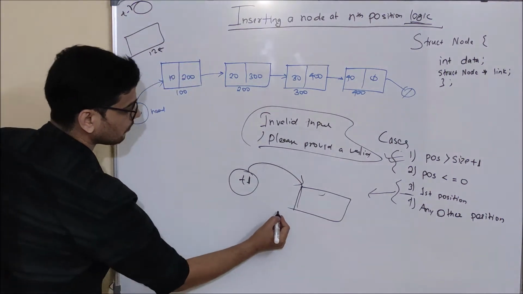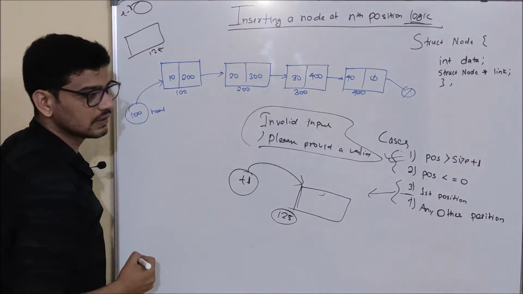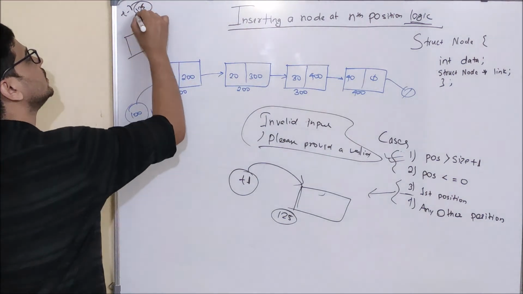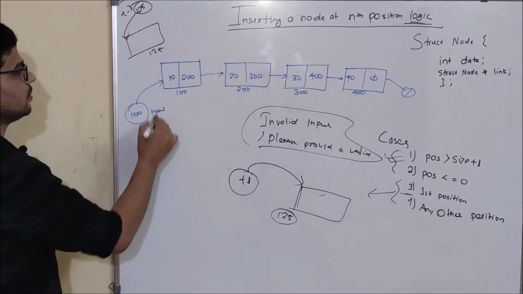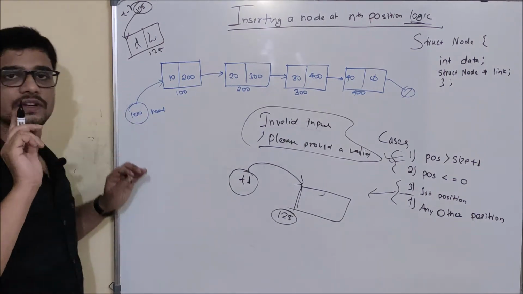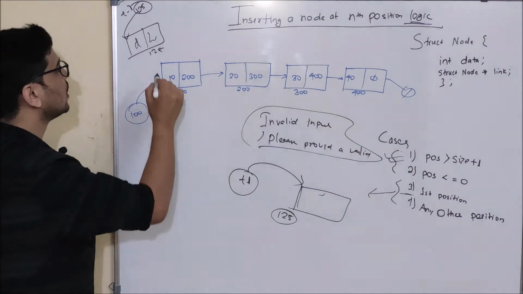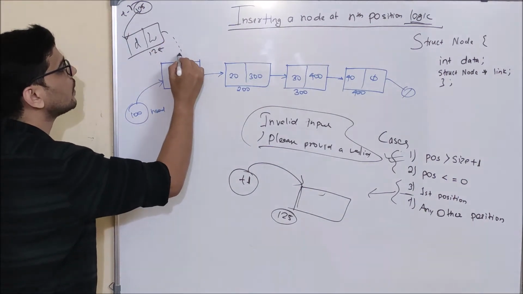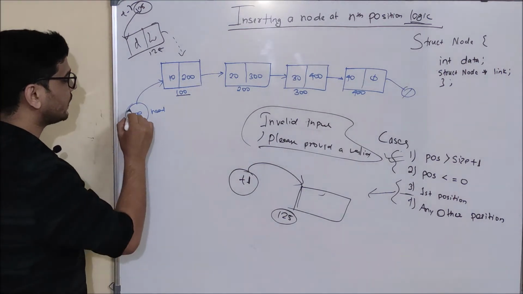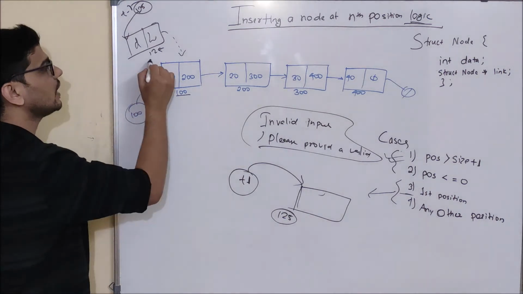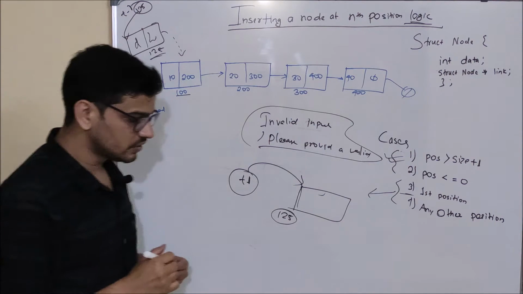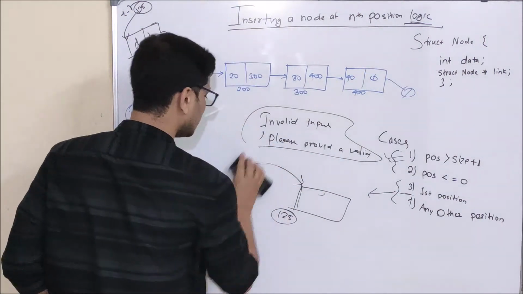And one more thing, suppose malloc has returned us the address 125. So this is 125 here, that is, T1 will be pointing to this particular node. It will have two parts, a data part and a link part. To insert this node at the first position, we need to somehow update the link part of this node to 100. And then we need to update here the address of this particular node. How are we going to do it? It will be just 2 lines of code. Okay, let me write it.